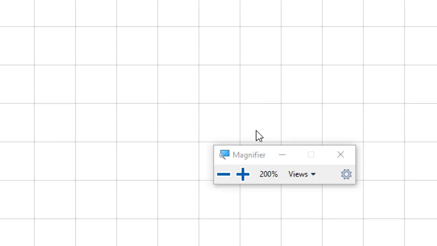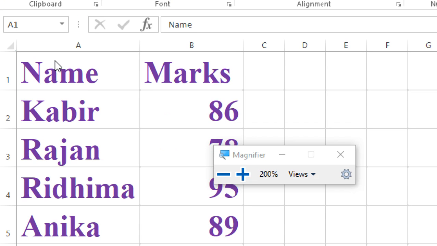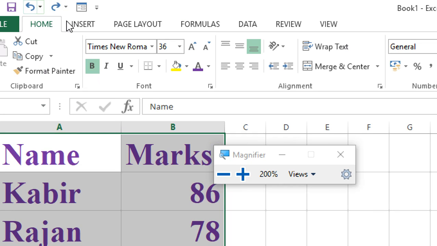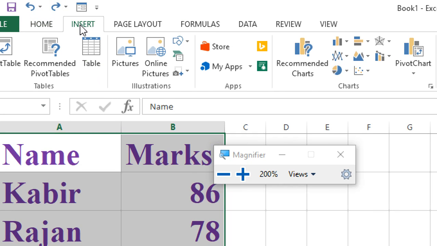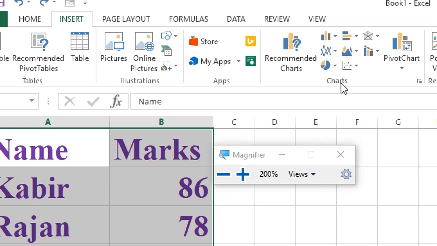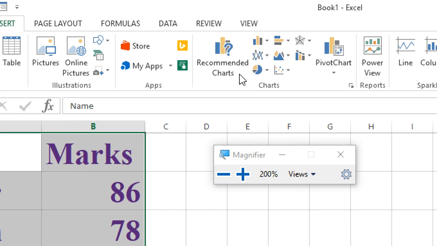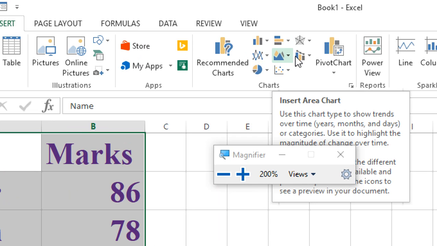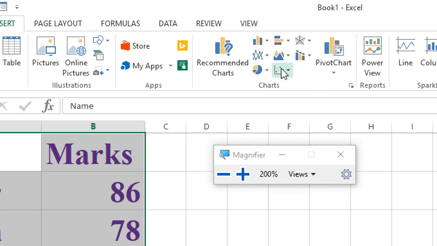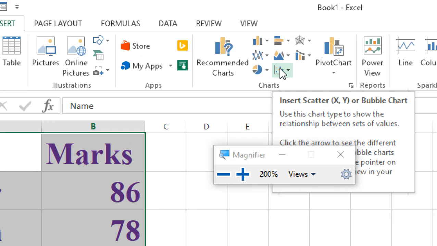Okay, now next we must know which type of chart we have to take. So go to the Insert tab. In the Insert tab there is a chart group. You can see the chart group here. Okay, there are all types of chart: column chart, bar chart, then stock chart, line chart, and area chart, pie chart, bubble chart, every different type of chart is there.